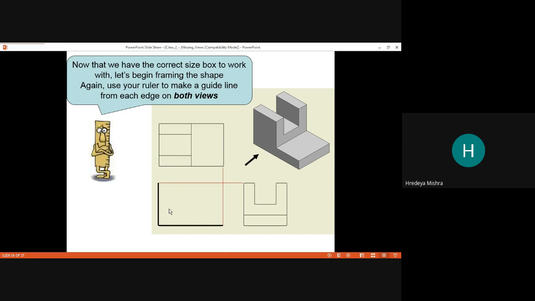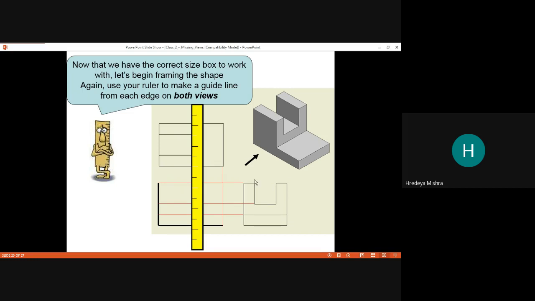Use your ruler to make a guideline from each edge of both views. So we can draw the projection from each corner. See here, this, this.